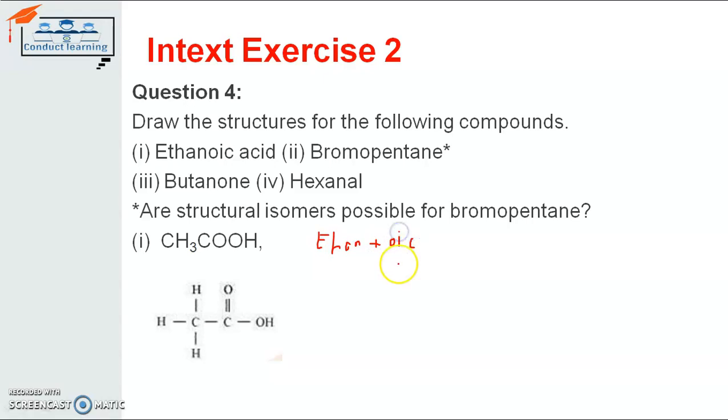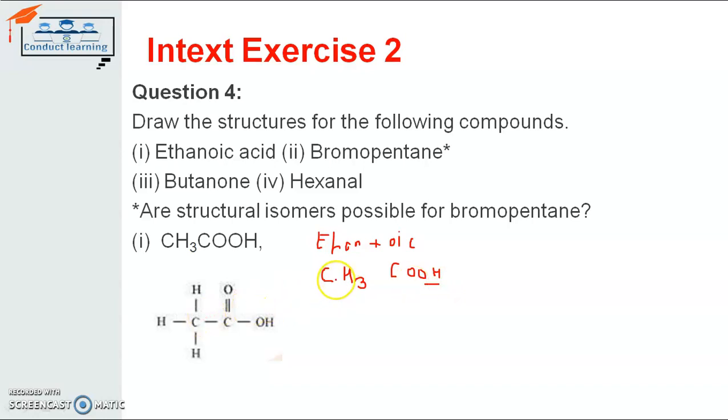According to the oic group, the chemical formula for it is COOH, and accordingly in ethane there are 2 carbon atoms, so we are left with 1 carbon atom only, because 1 carbon atom is already there in the oic group. So ethane is known for the 2 carbon atoms and accordingly the 6 hydrogen atoms. Now this ethane is left with 3 hydrogen atoms, because the rest of the carbon bonding will be done by the oxygen and OH group. So how it will be done, let's see in the diagram.